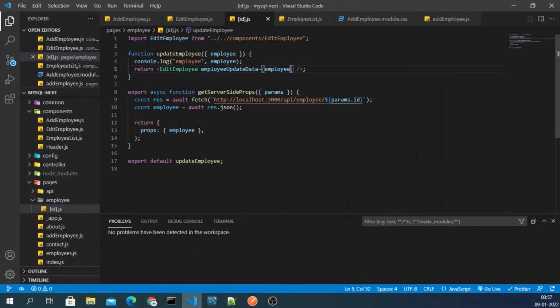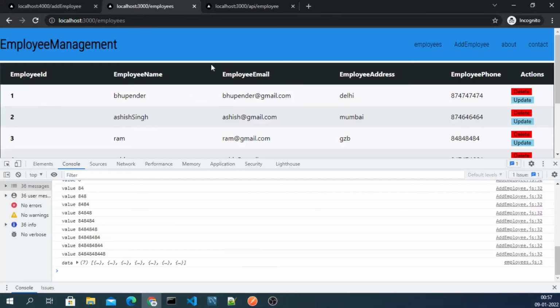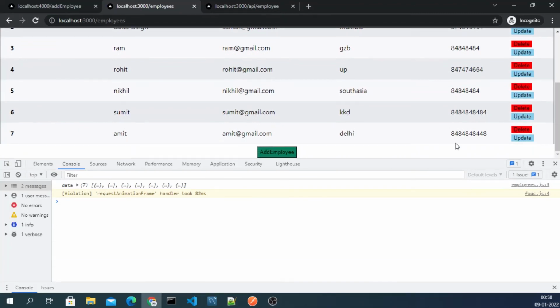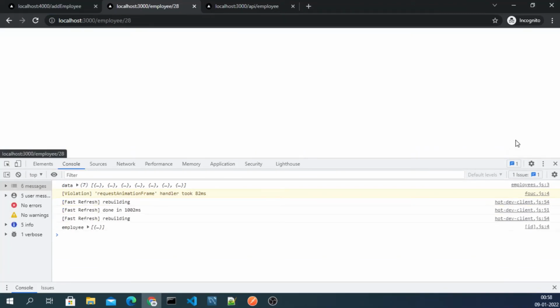So let's see this thing in action. Let me just refresh my application, and when we click on this update Amit, as you can see guys, we are getting the employee.